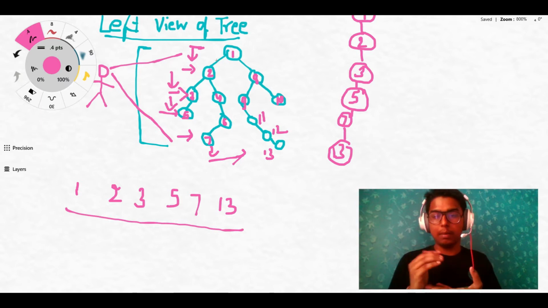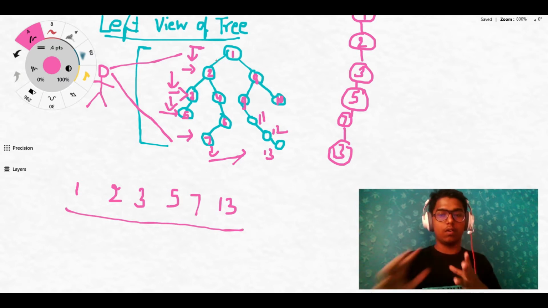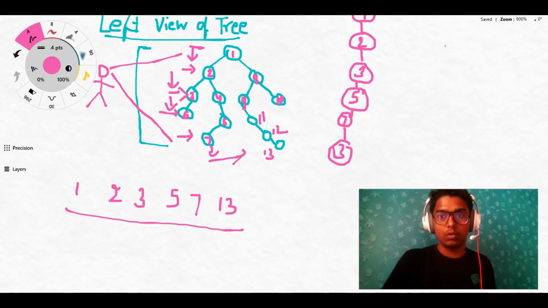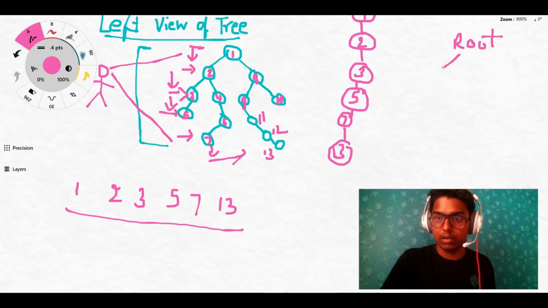What I mean by first: let us suppose we are traversing a tree, firstly going to the root, then to the left, then to the right.